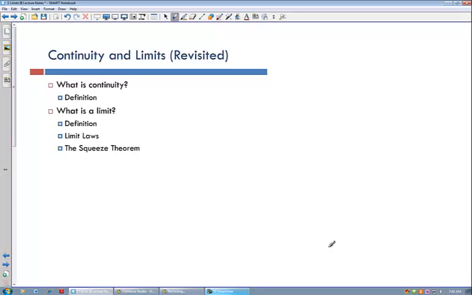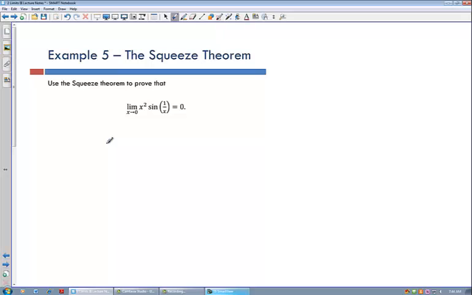So one last thing I want to cover, it's called the Squeeze Theorem, and let's just take a look at the example we're going to do. So the Squeeze Theorem is a powerful theorem, and you use this in all sorts of areas of mathematics. The idea is if you have a function f of x, and g of x is less than or equal to f of x, which is less than or equal to some other function h of x, then basically what we can say is that the limit as x goes to a